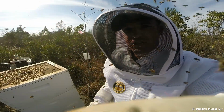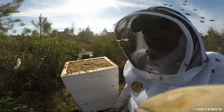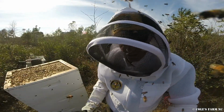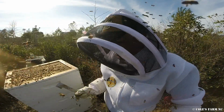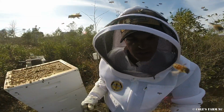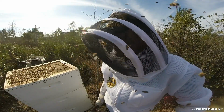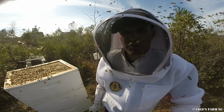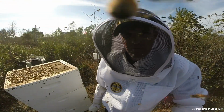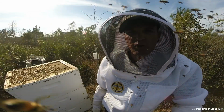Doing well. Check this out. Yeah, I'd say hive number 2 is doing pretty good. And then the nuc, I'm just going to keep an eye on it. Hive number 3 is kind of trucking along. So I'm going to let them calm down, fly back in the hive, clean up out here, give it some thought, but I'm really because they're packing away some nectar in the outer frames, which they typically use as food stores. But, you know, once they fill those up, the supers just give them space for surplus. That's what it stands for. Surplus honey, which is